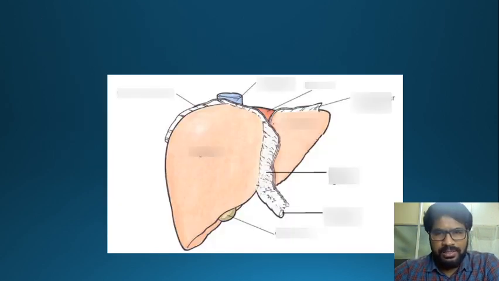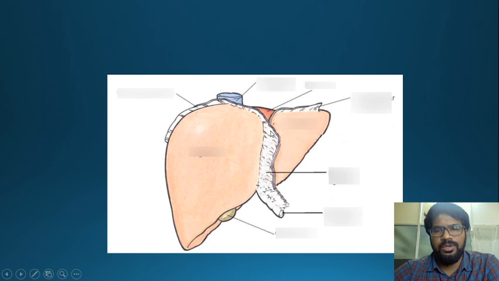In this picture, you can see the right triangular ligament, which holds the right lobe of the liver to the right hemidiaphragm above. And this is the left triangular ligament, which holds the left lobe of the liver to the left hemidiaphragm. This is the falciform ligament, which is a remnant of the umbilical vein, which extends from the umbilicus to the inferior surface of the liver, and from here it turns over to the anterior surface